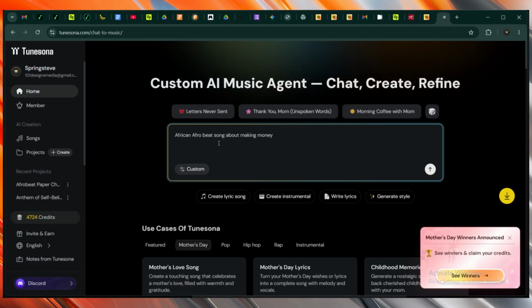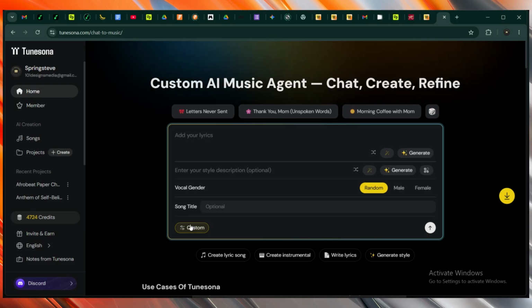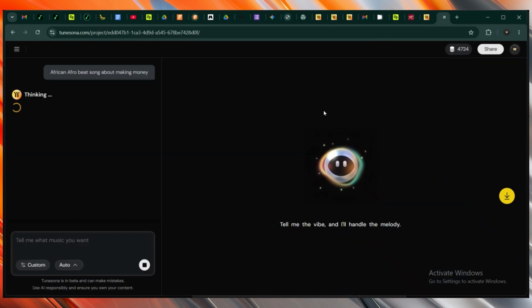We all like money. Once you click on this, you can click on customize. For customize, you would have to type in your lyrics, enter your style, enter your genre. But for now, let's just go back. So you click back on customize and it takes you back to this prompt here. So let's just send this over. Okay, so as you can see,